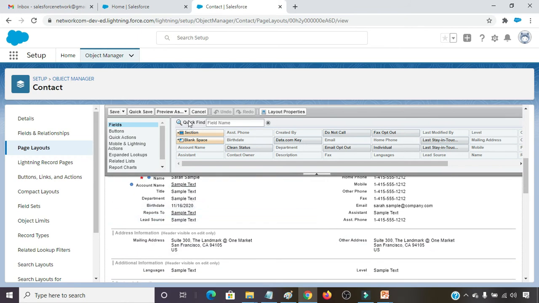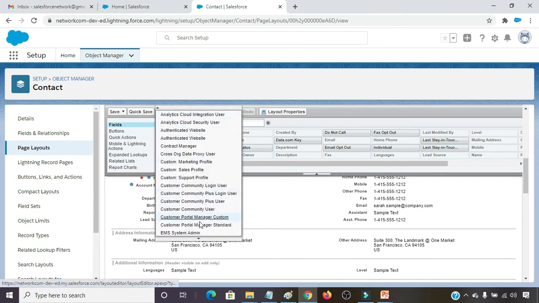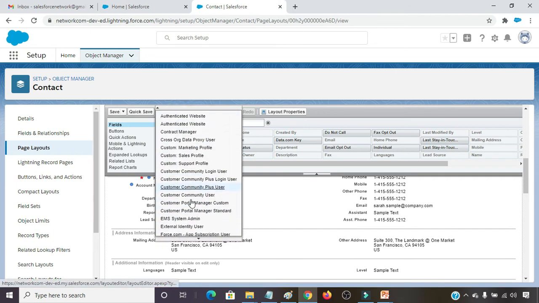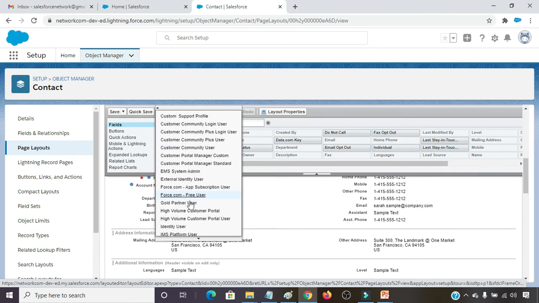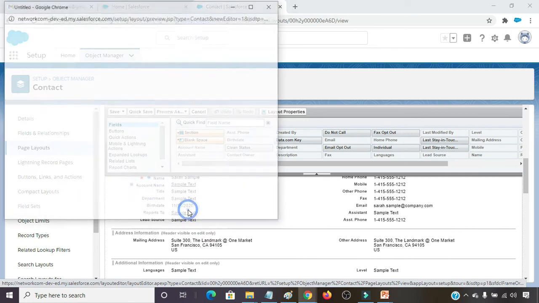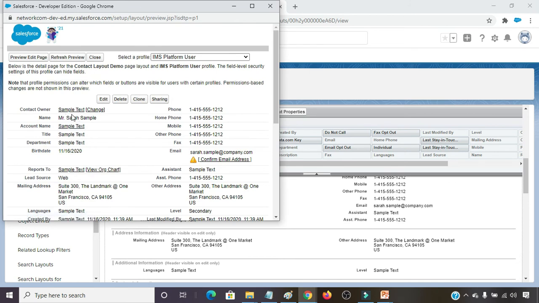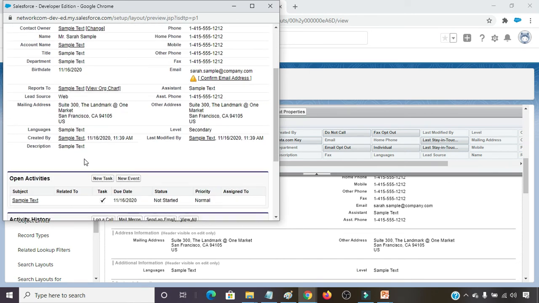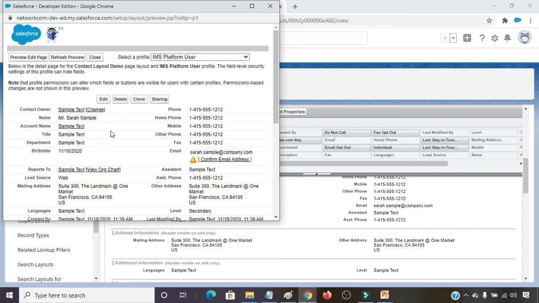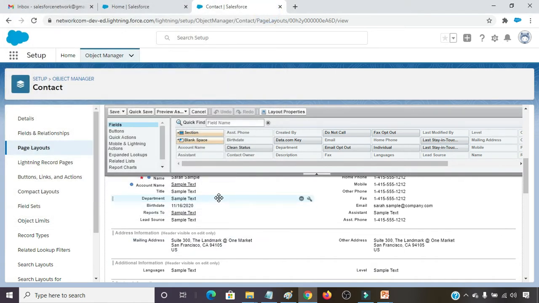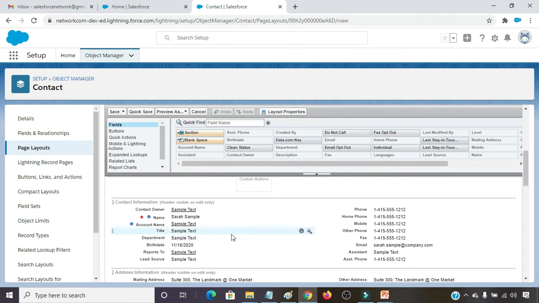So in this, if I am going with preview as and I am going with IMS platform user, I am able to see all the fields in this page layout. But for this page layout, I don't want to see department, date of birth, reports to, and lead source.